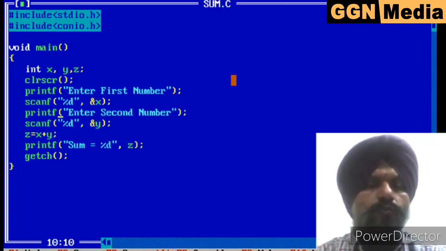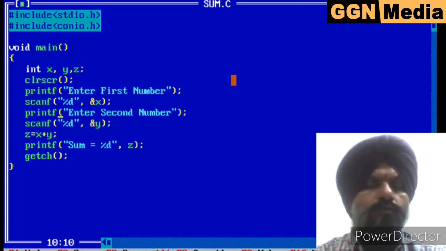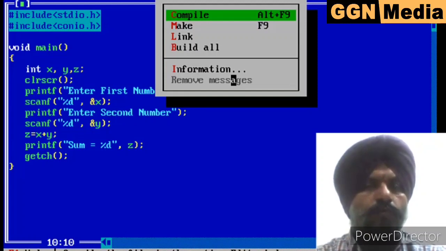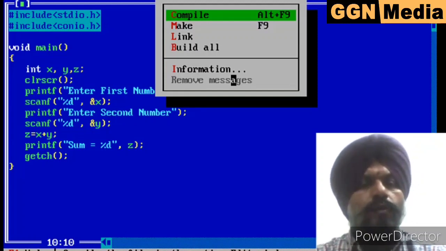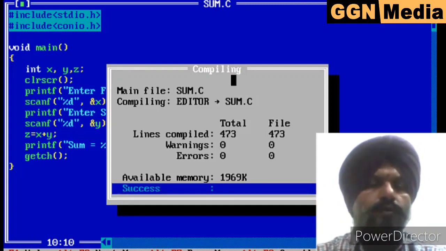If I have to use this mode with the shortcuts, I have two options. For example, to compile this program, the status bar shows Alt F9, so you can directly compile it. The second option is to open the Compile menu using Alt C, and then press C again. The program will be compiled and it shows that there is no problem in the program.